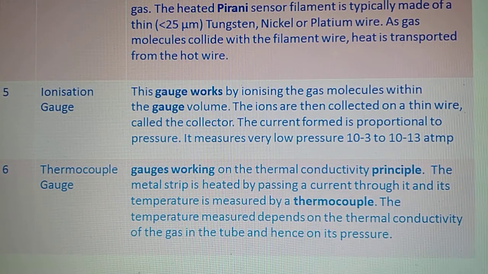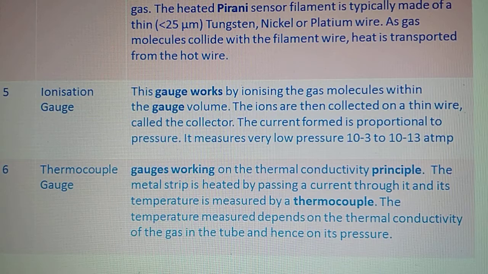Next pressure sensor is the Pirani gauge. The Pirani gauge, thermocouple gauge and ionization gauge are important gauges as far as your competitive exams are concerned. The Pirani gauge measures the vacuum pressure, and what is meant by vacuum and all that we are going to study in the next modules. So you will come to know in more detail about the Pirani gauge, its diagram, working principle and all. Here is just a brief discussion and the operating principle of the Pirani gauge.